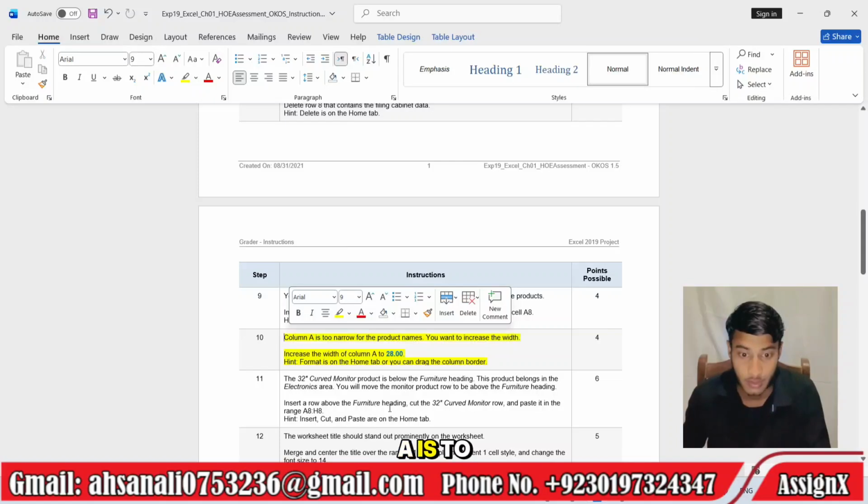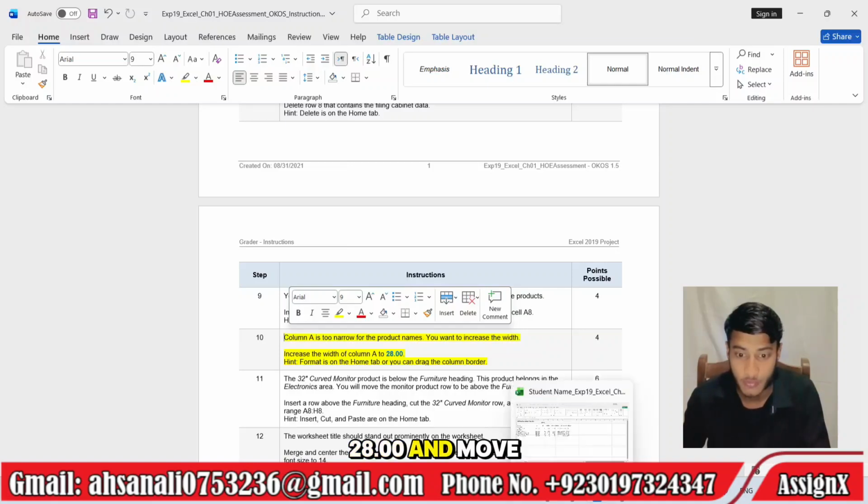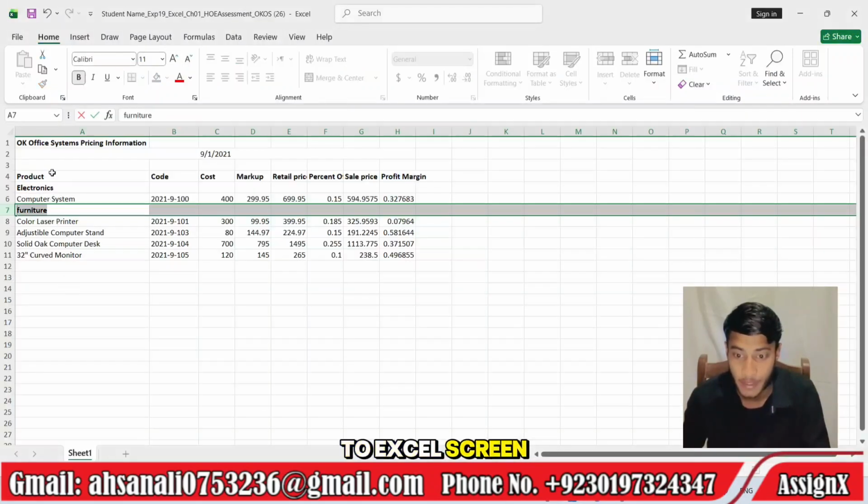Move to step 10. Column A is too narrow for the product names. You want to increase the width of column A to 28.00. Move to the Excel screen.